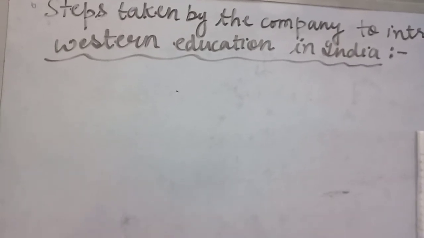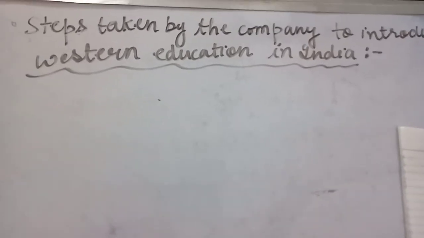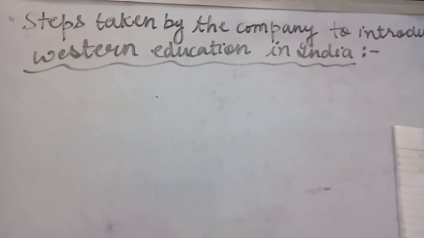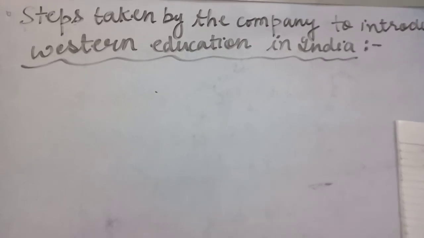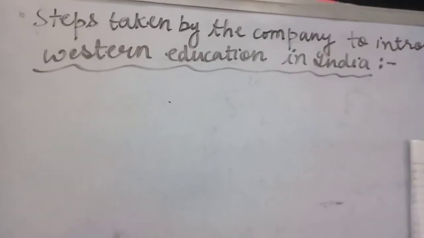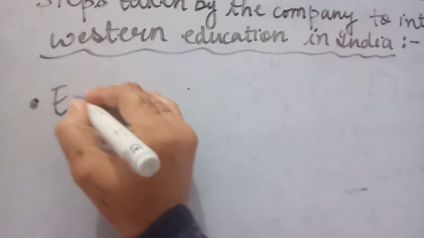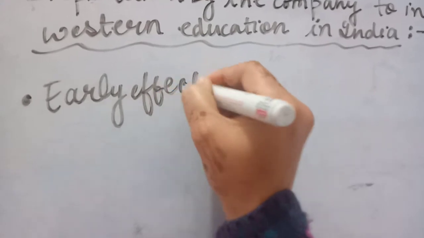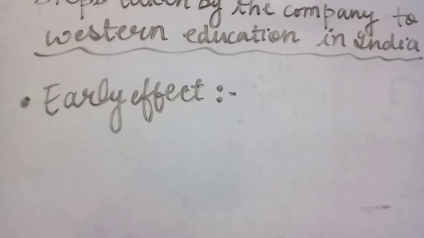Because I already told you the causes and objectives for the introduction of modern education. Now first of all, early effects. What was the early effect? Early effect means in the beginning,